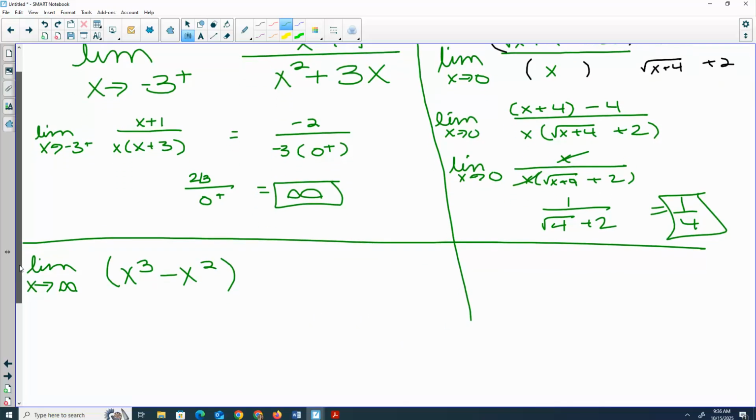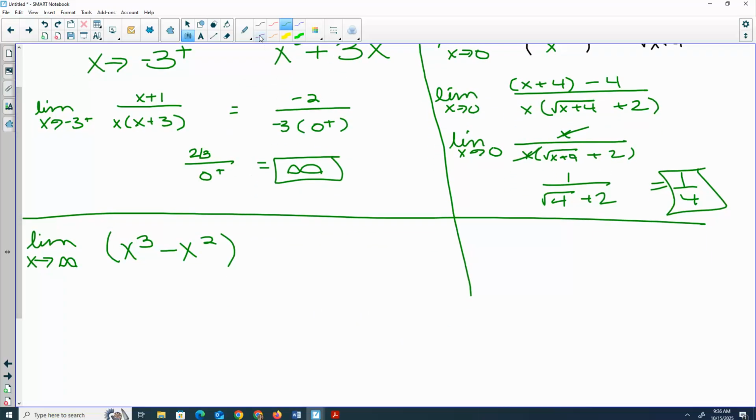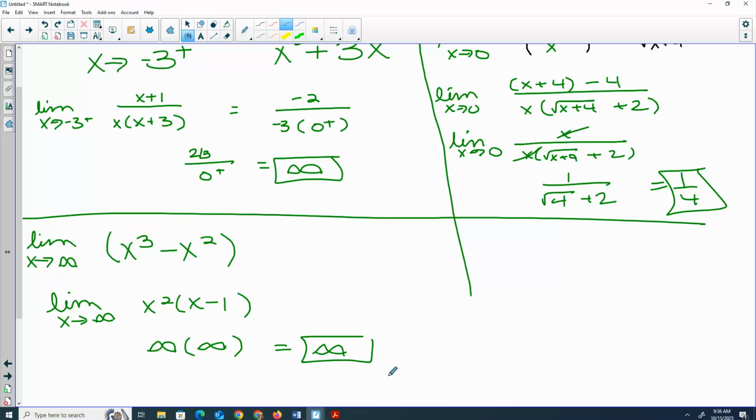All right, this third one. Can you just plug in infinity? No, because you get infinity minus infinity. What could you do instead? Take an x out. Okay, so infinity squared, a really big number squared is still a really big number. A really big number minus 1 is a really big number. A big number times a big number is a big number. So we're still getting